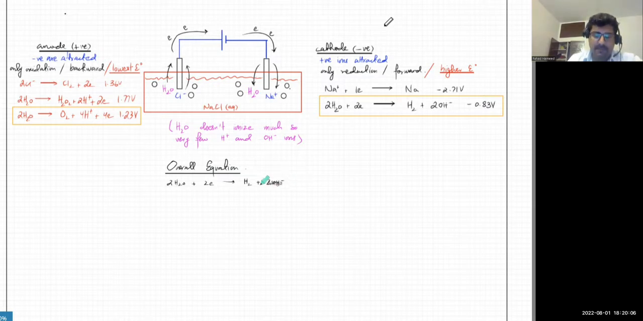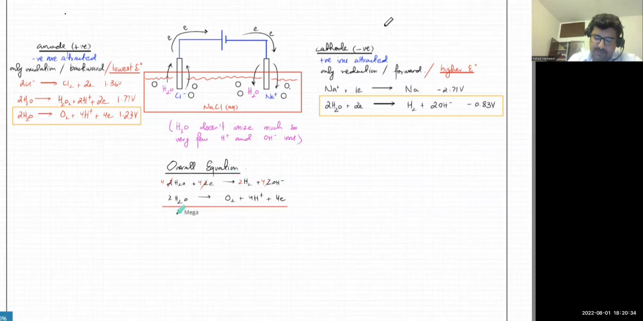And दूसरी side पे you got 2 water plus arrow O2 plus 4H plus 1 plus 4 electrons. I would have to multiply the first equation by 2, so this would become 4. This would become 4. This would become 2. This would become 4. So if I add them up,